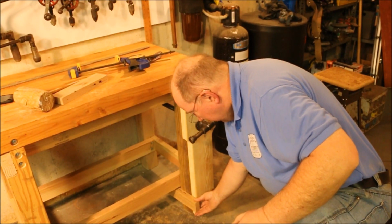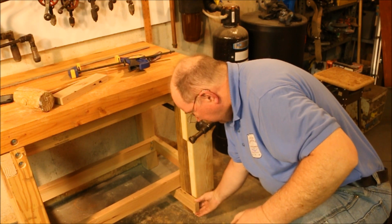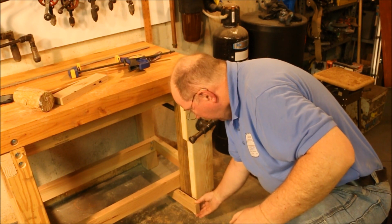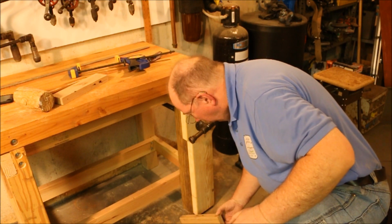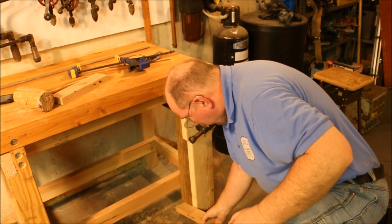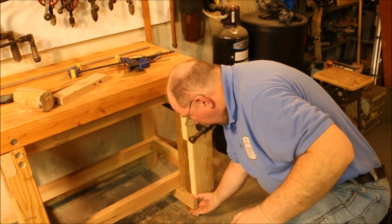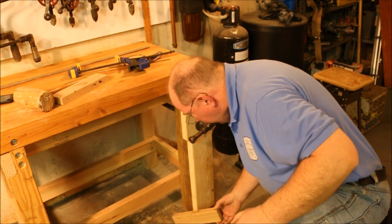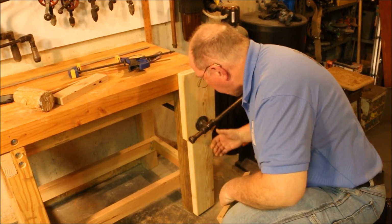My intent is to fasten these two oak pieces onto the sides of the chop. This one is going to ride underneath that crossbeam and ride on top of another piece of wood, probably a piece of pine, down here. That's going to give me a nice action so that it doesn't let the chop twist, and it's also going to keep it aligned vertically. Because if I loosen this up,